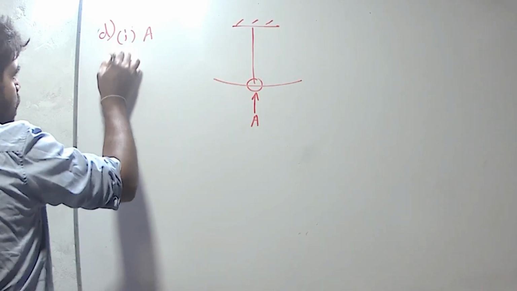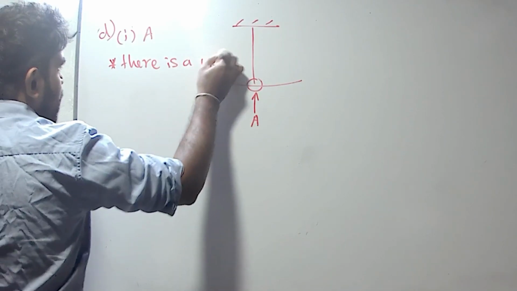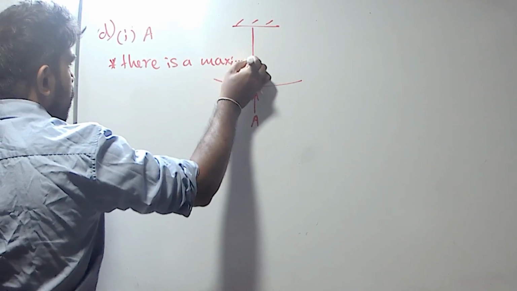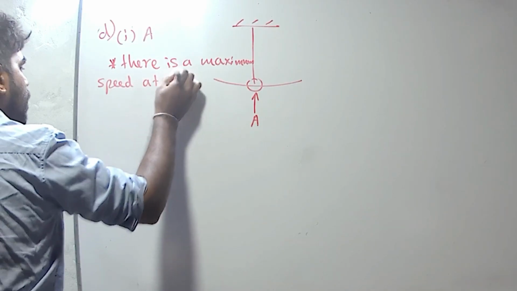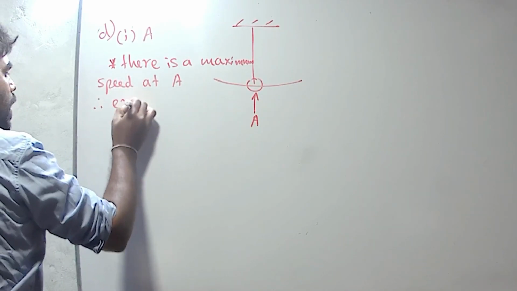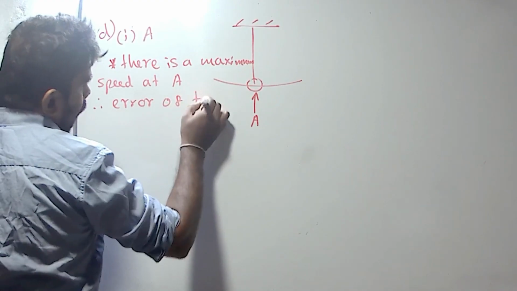Then we can write there is a maximum speed at A, therefore the error of time measurement